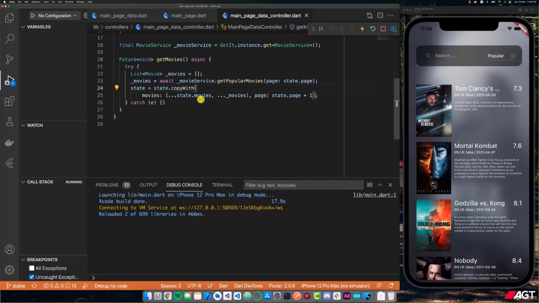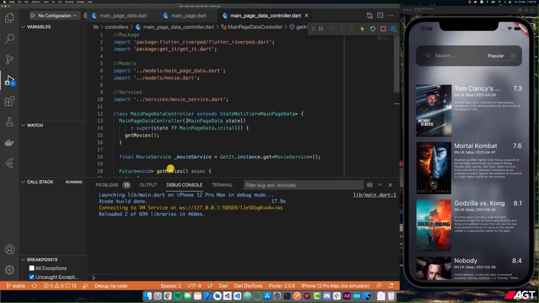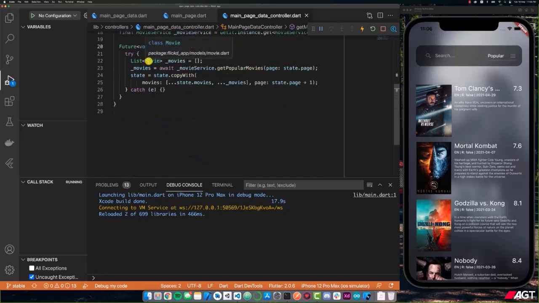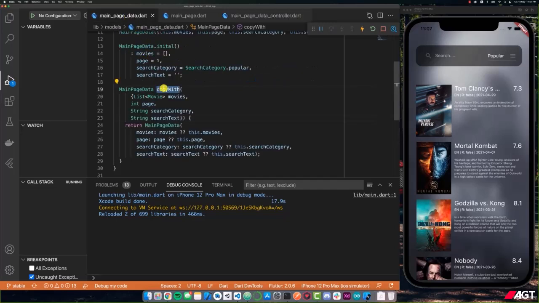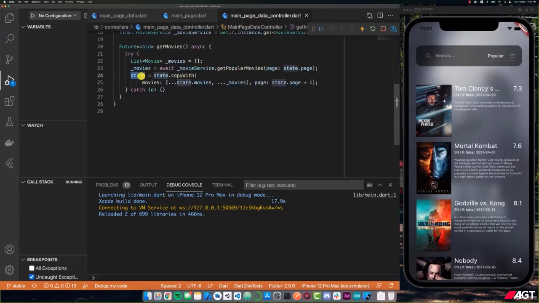How does the state get changed? Well, we do that here, as you can see. Inside of our get movies function, once we've done all of the processing and we're ready to update the state, we change the state by setting it equal to something new. In our case, we do the state.copyWith function, and whatever new data we want to change in the state, which in this case are the movies because we've gotten some new movies, as well as the page number because we've already taken the results out for the page number that was currently in the state, and then we increment that by 1. Then we return a new instance of the main page data class in the copy with function, as you can see here, and then that gets set equal as the state. And now that